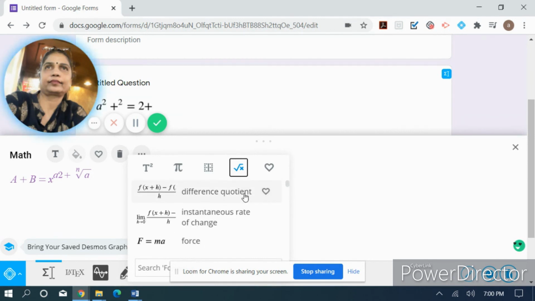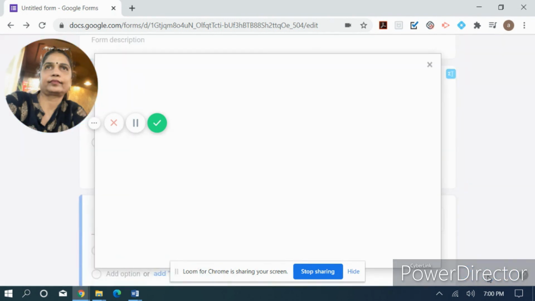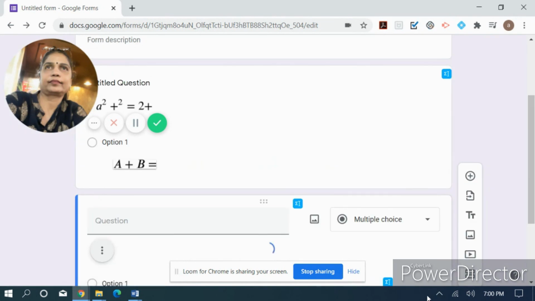So if you want to input this, just click on it and then go to insert and add. So it will be added.